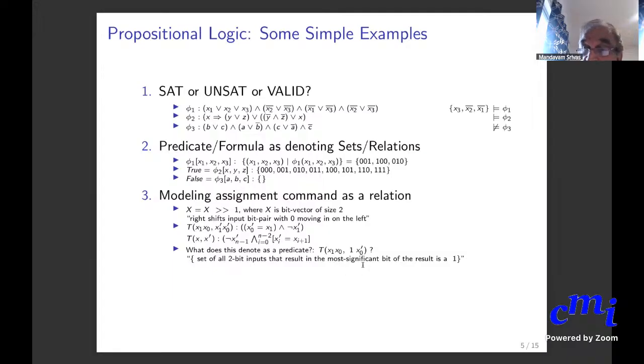So in that case, this is the set of all 2-bit inputs that result in the most significant bit of the result being a 1. Those are exactly the satisfying assignments of this